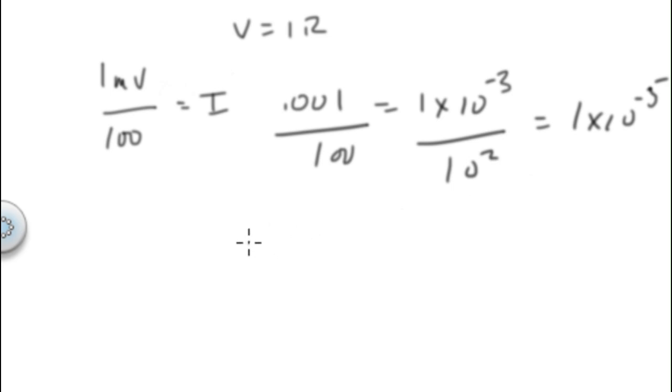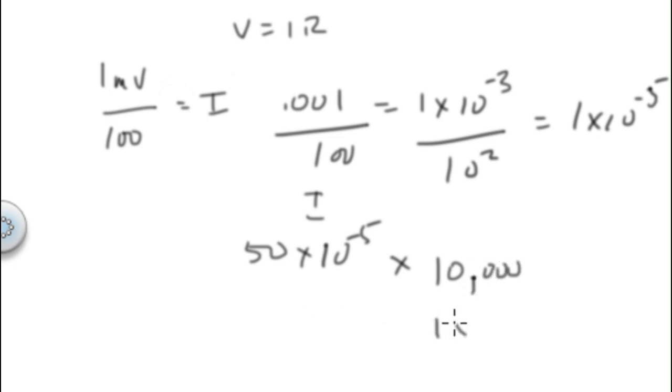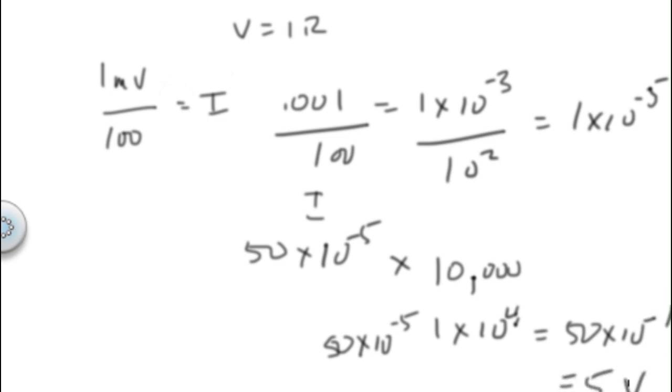So now we go through and we multiply that by 50. 50 times 10 to the minus fifth, that's our I, and we multiply that by 10,000, or 1 times 10 to the fourth. Okay, so now we've got 50 times 10 to the minus fifth times 1 times 10 to the fourth, so we come up with 50 times 10 to the minus 1, or 5 volts. That's the answer